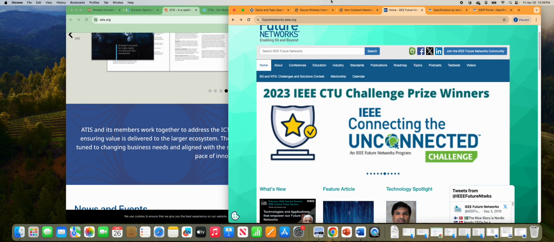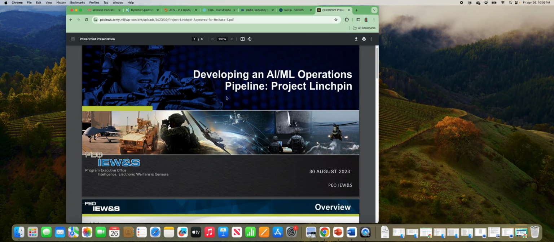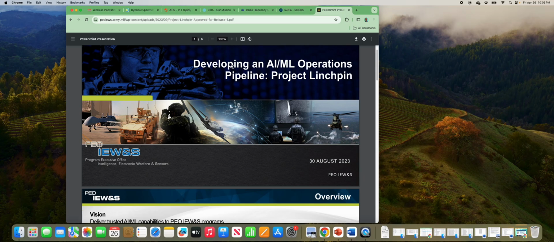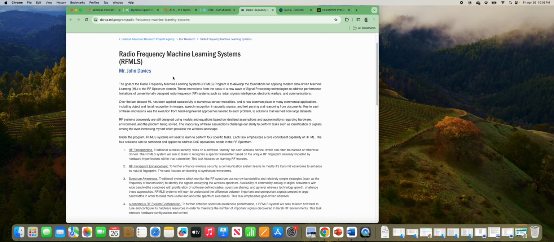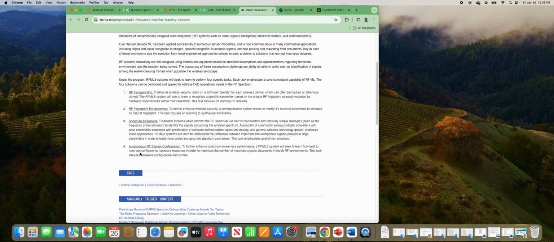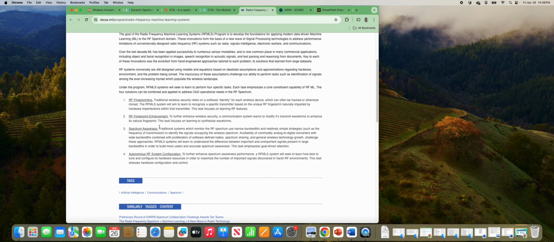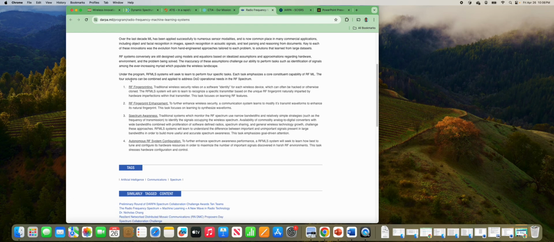Okay, so I think that covers most of what I wanted to talk about. Oh, here's a little thing. Let's cover these. Here's DARPA, the Defense Advanced Research Projects Agency. Here's the RFMLS, and you can see some of the different areas that they are working on. Now, this is an ongoing program. It's already been competed, but there are groups that are under contract with DARPA, being paid to do research in